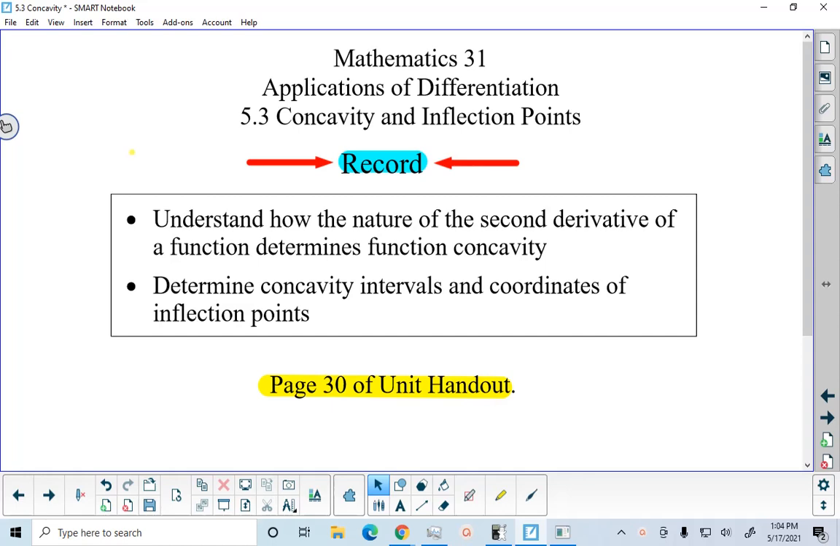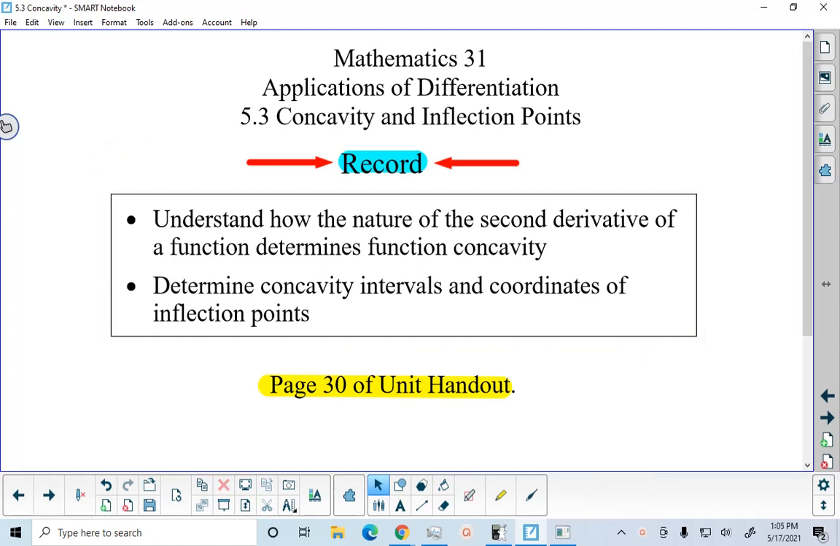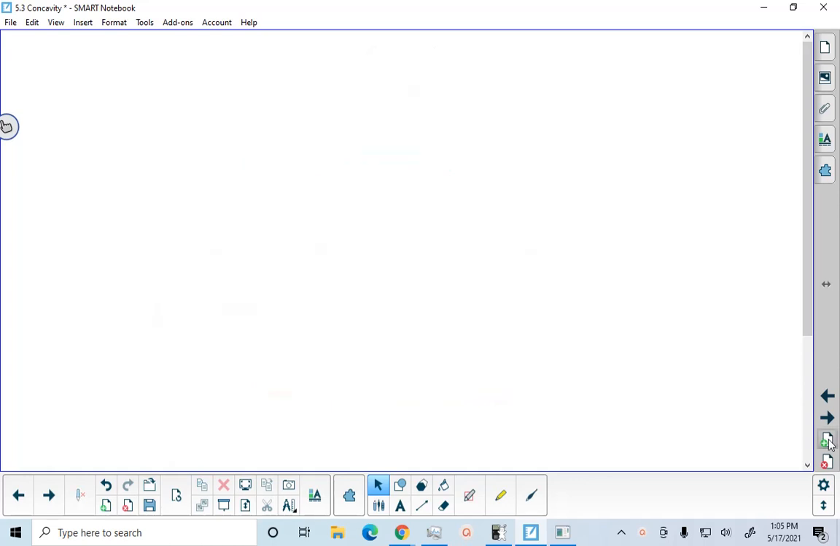So this is on page 30 of your unit handout. The inflection points that we're talking about in this lesson are the same as the inflection points that we talked about in Math 30-1 when we were dealing with polynomial functions. The difference is that those inflection points always occurred on the x-axis. And to remind you of that and what an inflection point looks like,